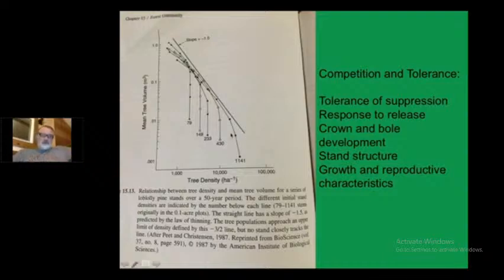So obviously if this is 6 inches in diameter, what if my tree is not even 4.5 feet tall? It's a little tiny seedling. We can put way more per acre. And if you look at this one right here, we could have thousands of stems per acre. And as long as we continue to remove stems as they grow in diameter, we can keep it in that fast growth phase. We want to be aware certain trees will tolerate suppression, be it shade